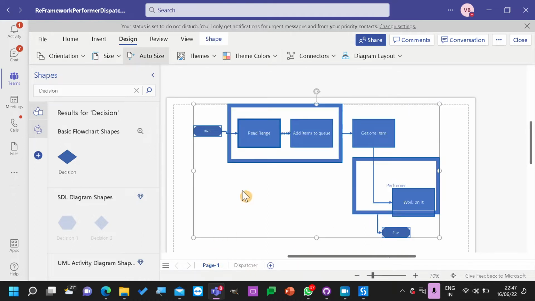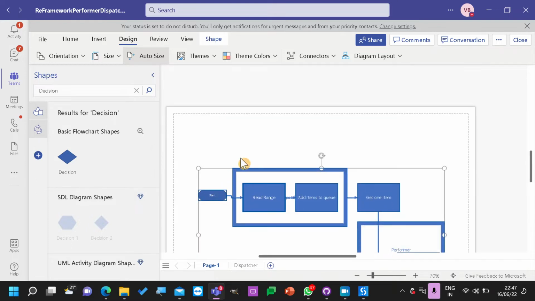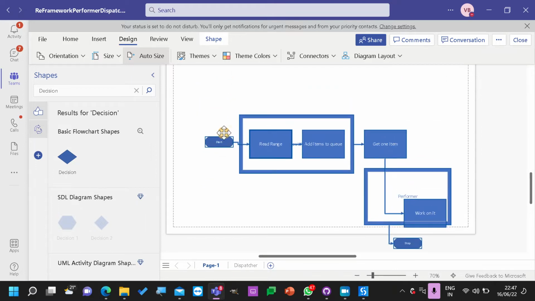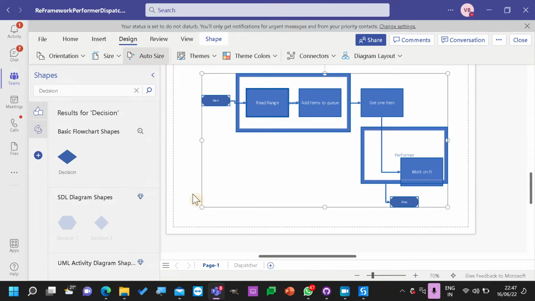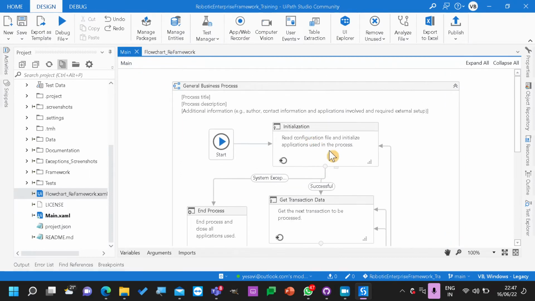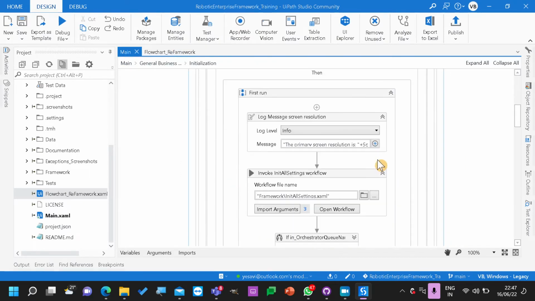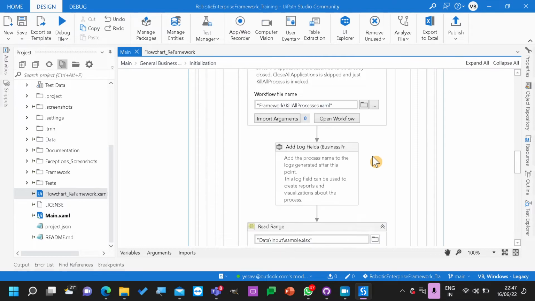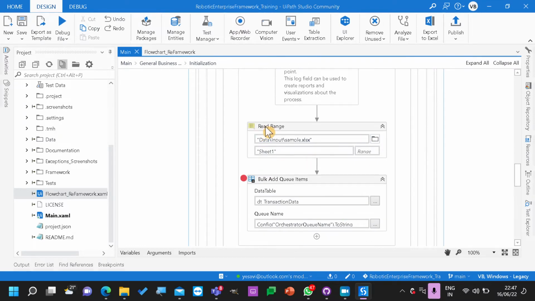So can we apply the same logic over here before reading range? Yesterday what exactly happened is, when I was trying to get the data, every time I ran this process, it started reading and started executing.